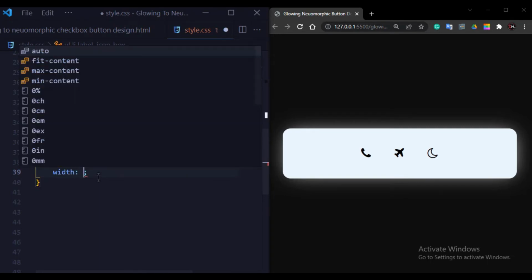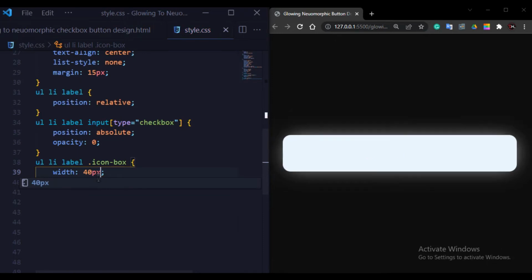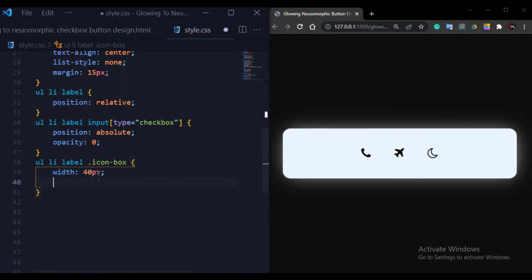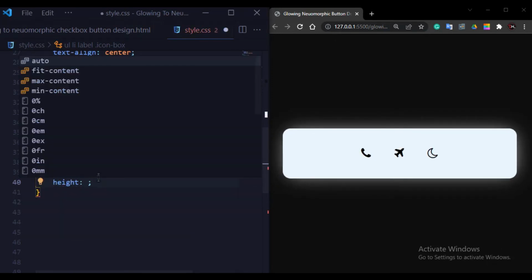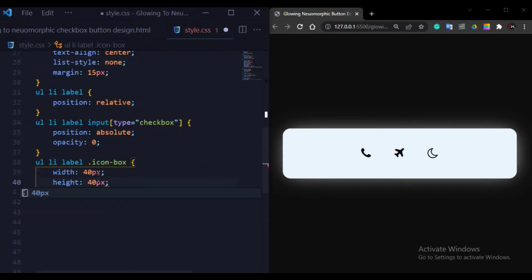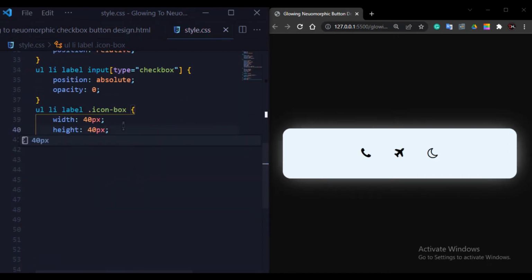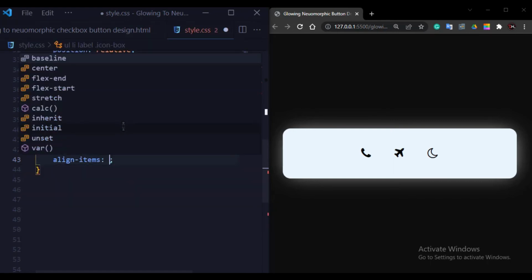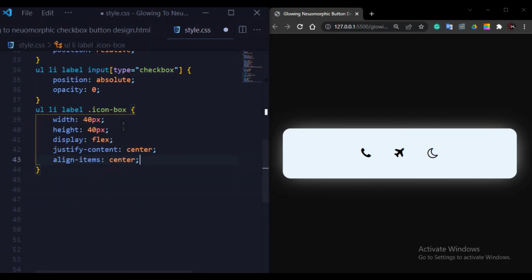So I will write here width 40 pixel, and now give some height, same 40 pixel, and here I will give display property to flex and justify-content center, align-items center.